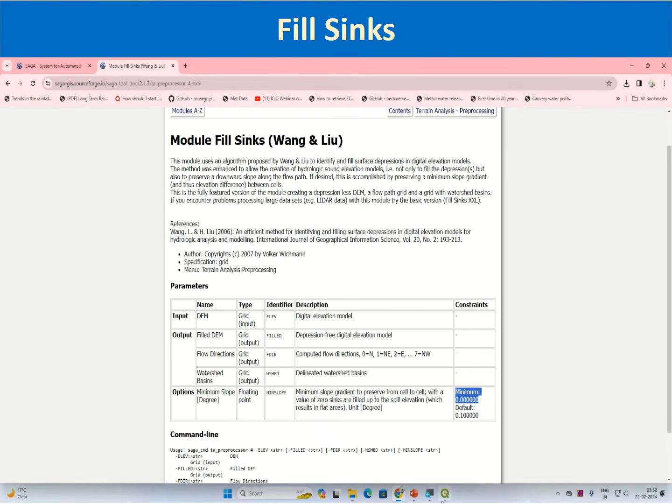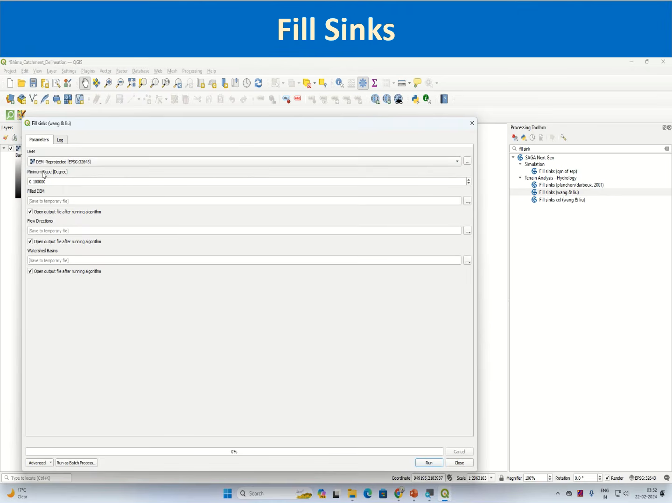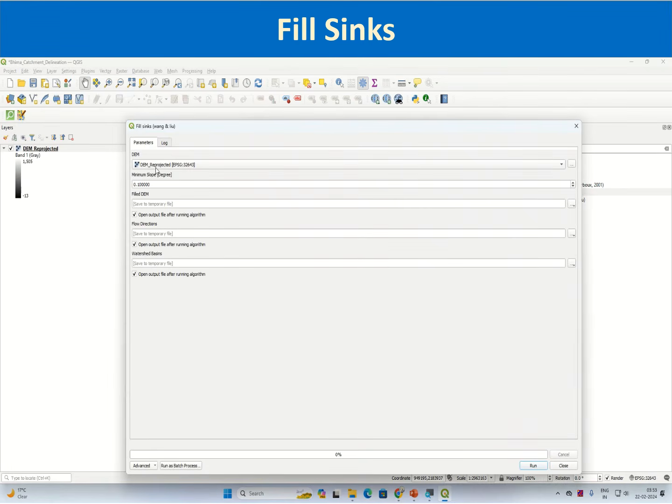So let me go back. In this dialog box, you have to select, because there is only one layer that is active in your layers panel, that is automatically selected. The DEM reprojected has to be your input elevation layer, input DEM, and then the minimum slope you can change it to 0.001,